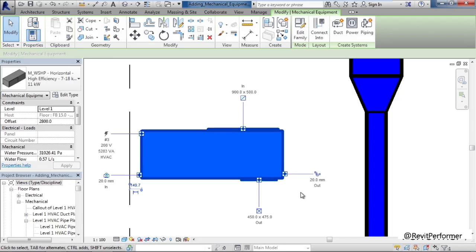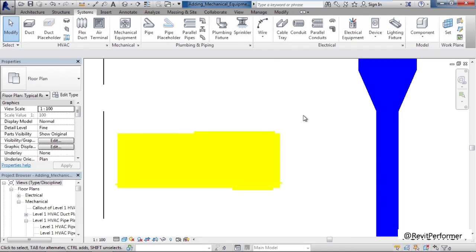For example, in a previous lesson, we connected our HVAC ductwork. So you have the ability to connect ductwork lines or systems into these ports or outlets or connectors. You also have the ability to connect your plumbing lines, and I see one here on the very right, which is an out. It can be a 20 millimeter diameter or dimension. You also have ones on the left where you could create systems coming out. There's also the electrical, which we'll cover in another lesson. To deselect this, just click in the background anywhere to deselect the element.